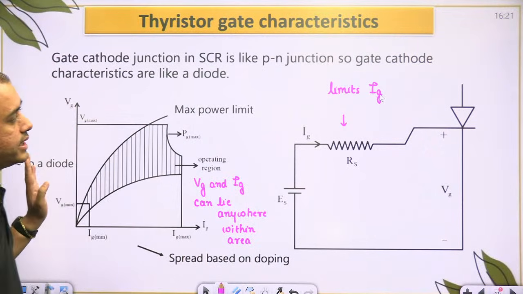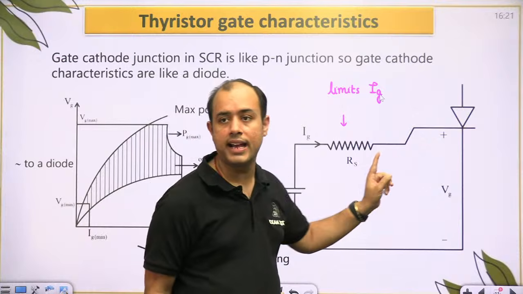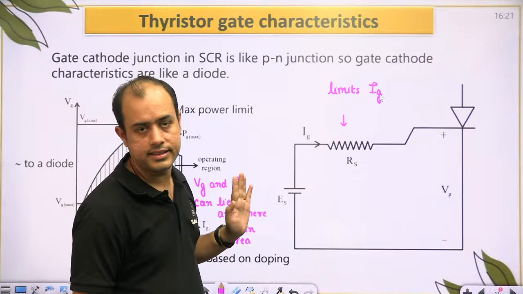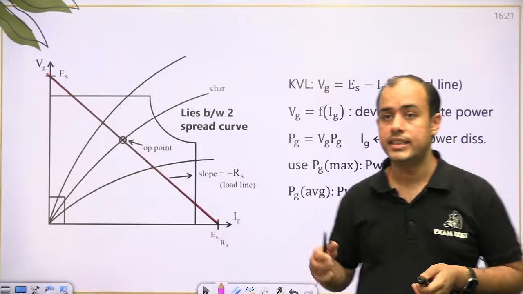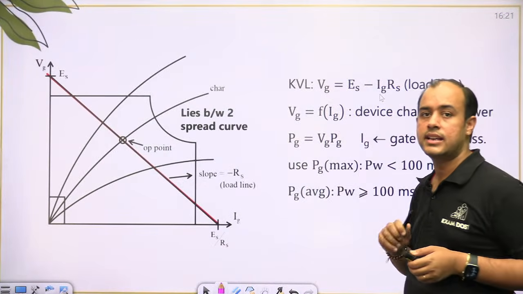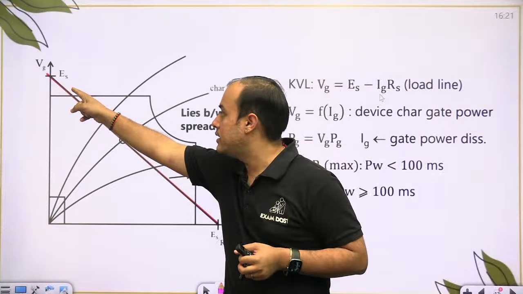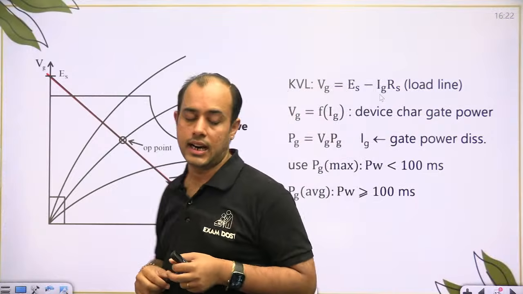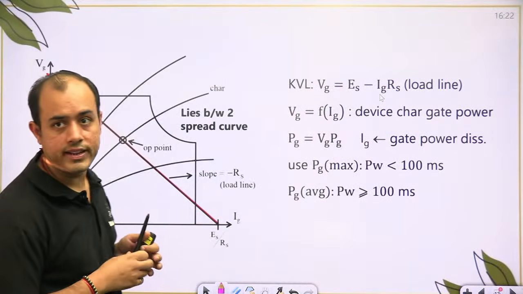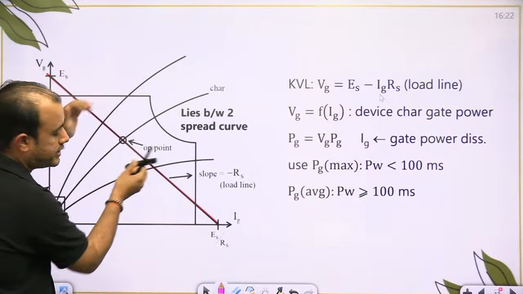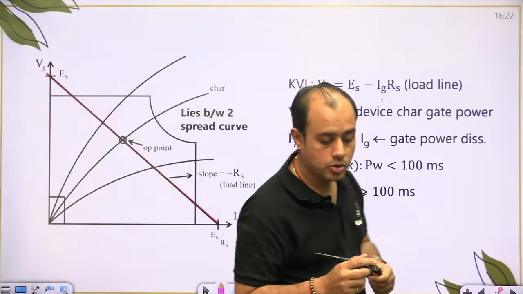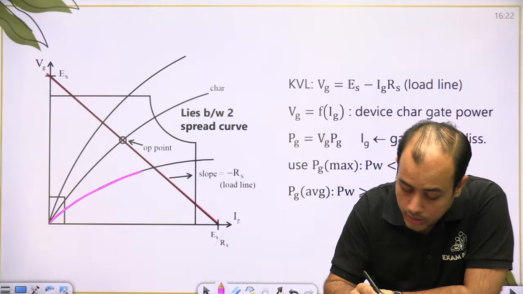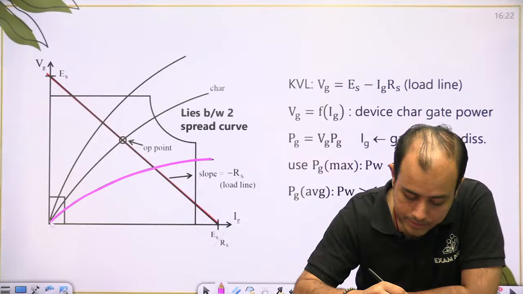Now I can write the KVL equation of this circuit as VG equal to ES minus IG RS। तो मैं इक्वेशन लिख सकता हूं VG इक्वल टू ES माइनस IG RS। This is called the load line, which is plotted like this। ये एक लोड लाइन है। Now beta, the characteristic is always spread between the two graphs. So the middle graph is the characteristic, the lower and the upper graph are the limits।